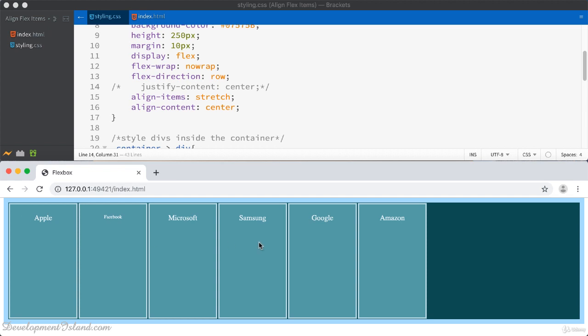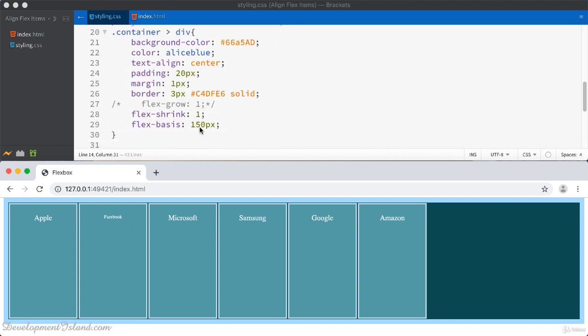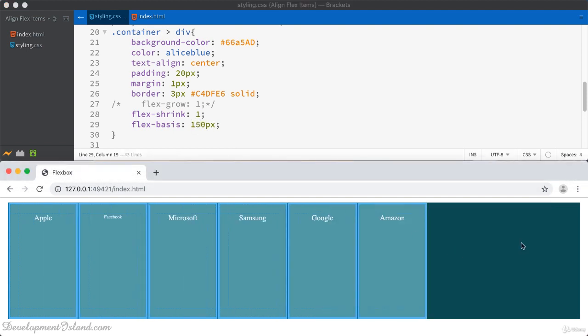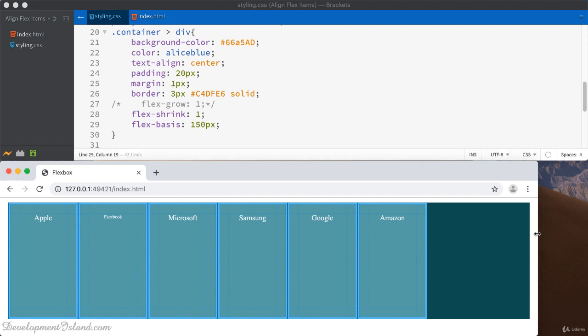Now, at the moment, the width of each flex item is equal to its flex basis, which is 150 pixels. And to verify this, you can just change that to 200 and you'll see how that changes. All right. So we've got some remaining space because the width of the flexbox is bigger than the sum of the widths of all these flex items, including any margins. Now, if I reduce the width of the flexbox,